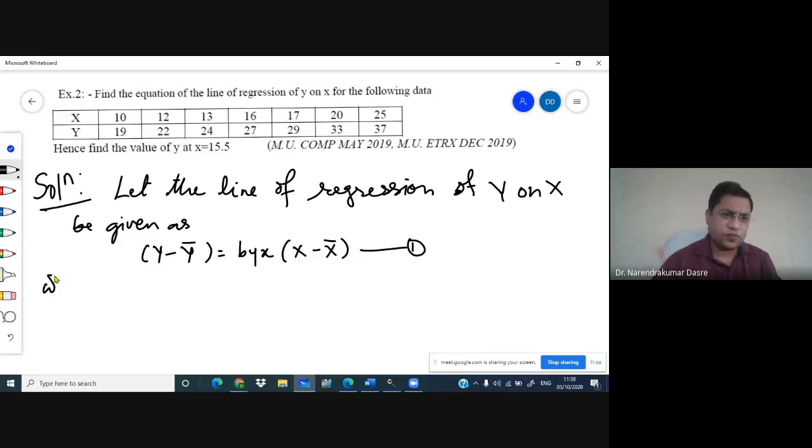Let this be equation 1, where byx is equal to